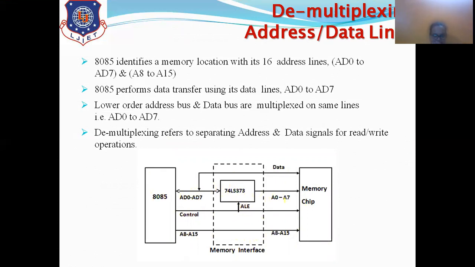and will work as A0 to A7, which is our lower order address. Now whenever the ALE is 0, the data will be fetched by combining these two addresses, the data will be fetched from that address in the memory, and the data will be transferred to this bus D0 to D7, as it is bidirectional, and will get the data to the CPU or processor. Clear? So this way the processor gets interfaced with the external memory.